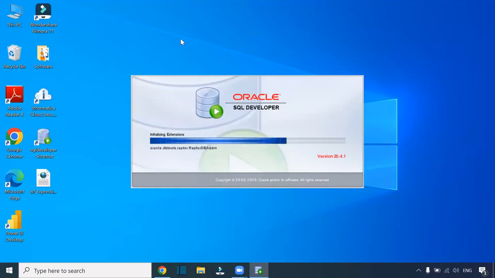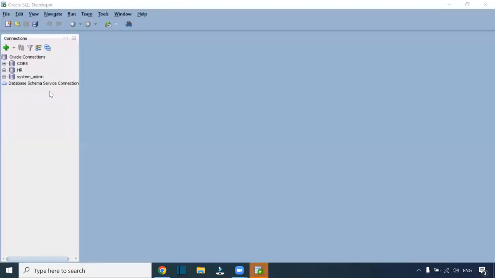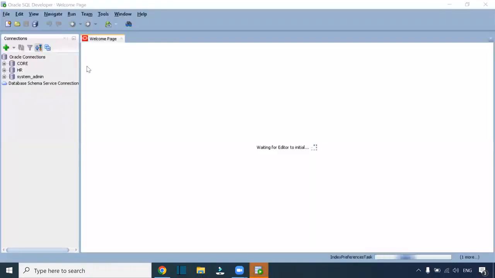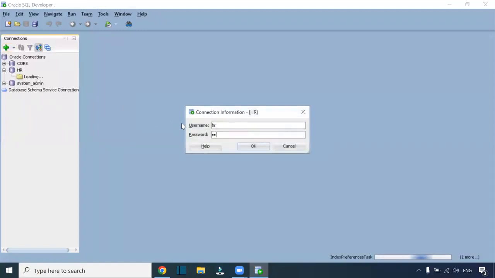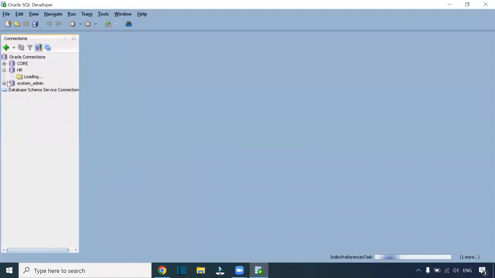Just install Oracle 11G or 21C or 18C or anything in your machine, and you should be able to connect with the HR schema or any other schema. I will tell you in our next week's session how to make other schemas and how to connect with other schema tables, but in this session we'll see only